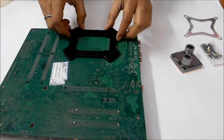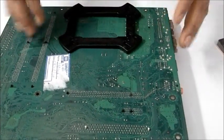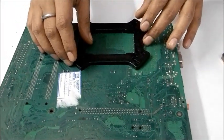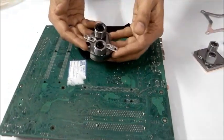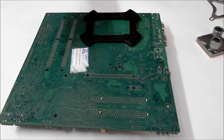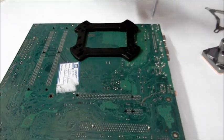like this. So if you have a computer in which access to this particular section is allowed from the cabinet, you don't actually need to take out the motherboard. But since you're going to fit the chipset block as well, I think you should take out the motherboard from the system, so it will be easy for the installation as well. So here are the screws, nuts and bolts we are going to use